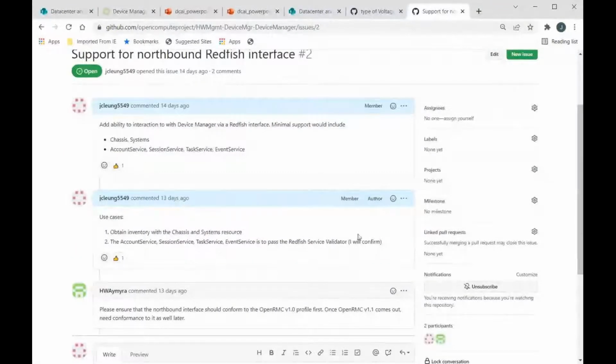The use case I had is what I believe is the minimal set: the physical hierarchy of the system, the hierarchy of the computer systems, an account service, and a session service, which supports all the sessions that come into the Redfish interface, an event service so we can get asynchronous messages back out of the Redfish interface, and a task service, which is a construct of the Redfish service that launches a task for long-running actions that need to occur.